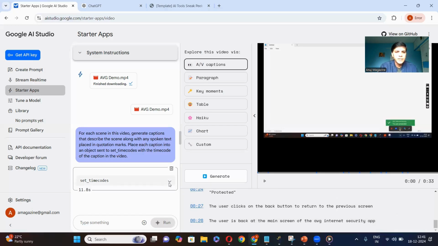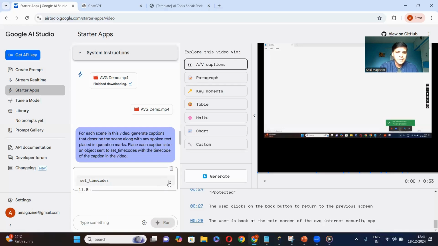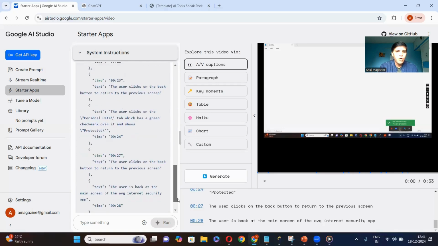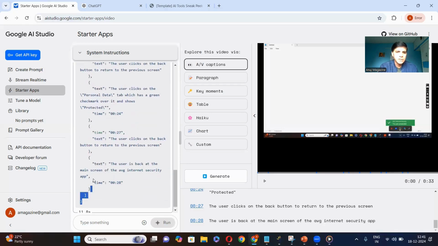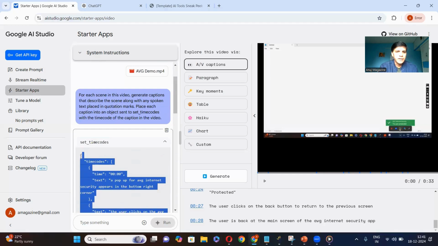What else can I do with it? On the left pane, there is a down arrow button, set times. I just click on that, and what I'll try and do is copy this entire captions into, like I have done here. And I have the captions now available, and I can go to